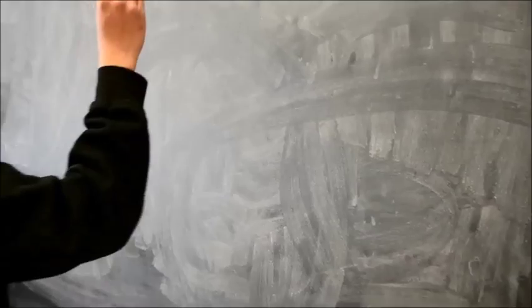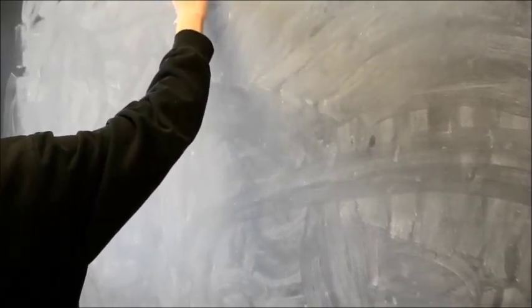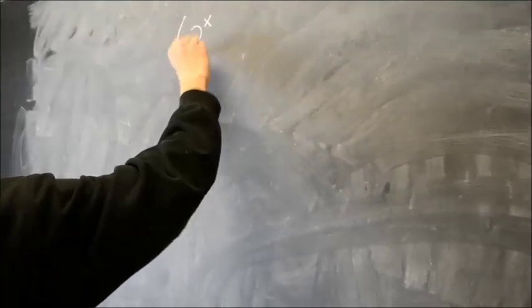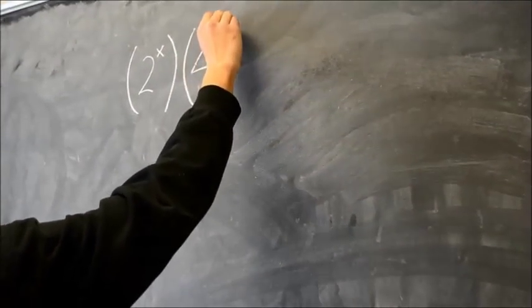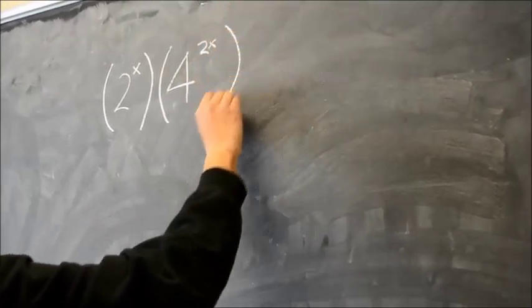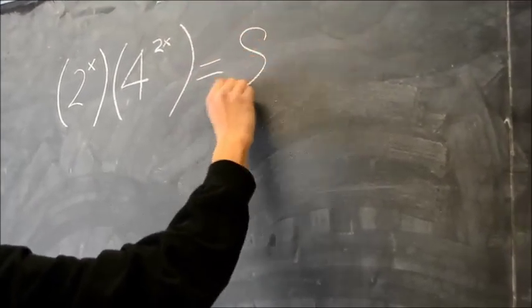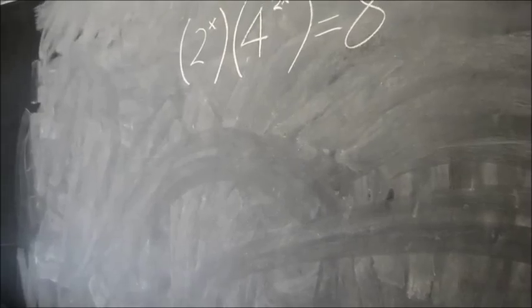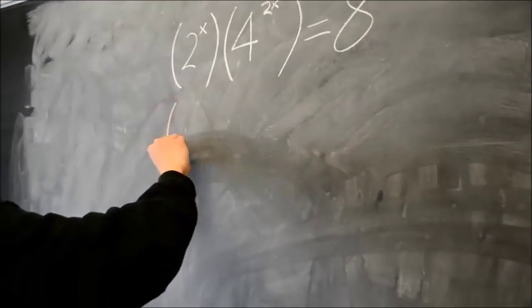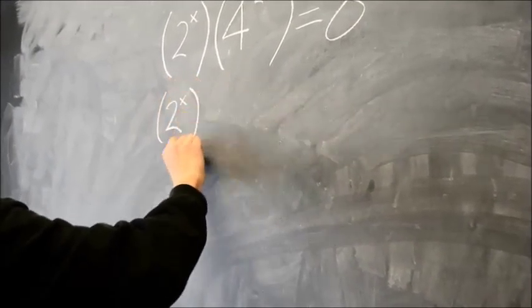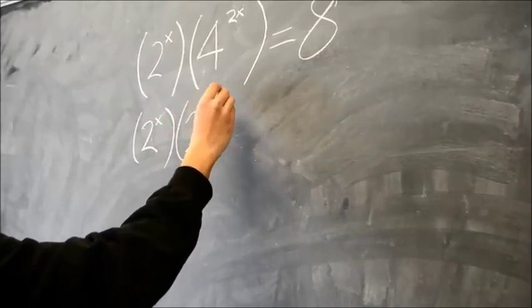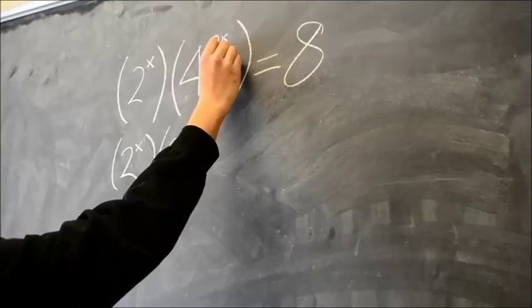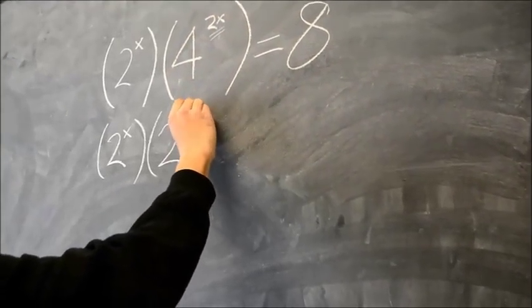So today we're going to learn about solving exponential equations. And our equation is going to be 2 to the power of x, bracket, 4 to the power of 2x, bracket, equals 8. Now, the first thing we got to do is make all the bases the same. So we have 2 here. We're going to make 4 to the base of 2 as well, which will be 2 to the power of 2. But here we also have this little 2x over here, which means I have to multiply,